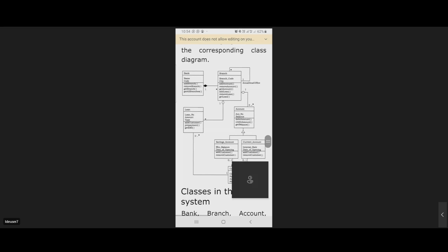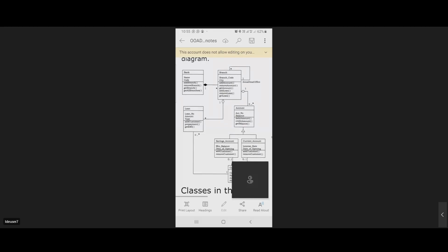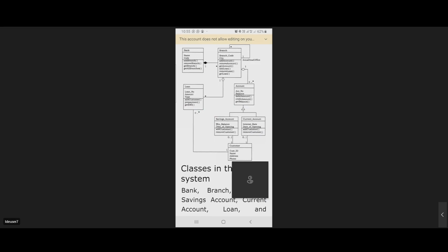Now the branch has a branch code. It might have one zonal head office that has many branches. The operations within this are add account, remove account, get account, add loan, remove loan, get loan. Again the loan class will have attributes like loan number, amount, type. So many loans come under a single branch. Add customer,